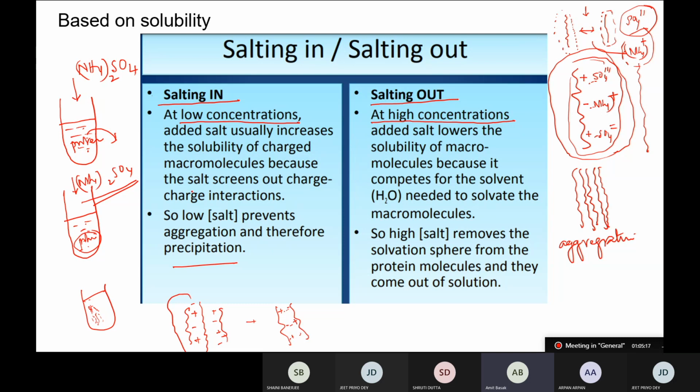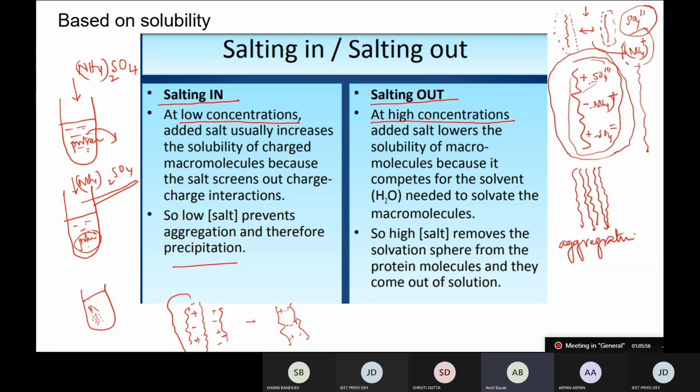The hydration, that means the water molecules surrounding the proteins, initially when you add small amounts of ammonium sulfate, there is no problem because water is in large excess. When you are adding ammonium sulfate in large excess, now this hydration layer will come out and hydrate the ammonium ions and the sulfate ions. So thereby making these protein charges exposed, and that will aid aggregation of the protein molecules. Again, I repeat,